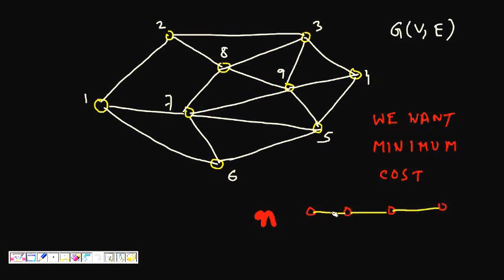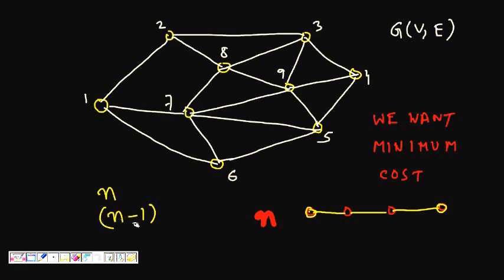Even though they are not all very close to each other, at least I can travel from this node to the last node. Similarly here I have to choose some edges, and if there are n nodes, n minus 1 edges are enough to connect all the nodes.